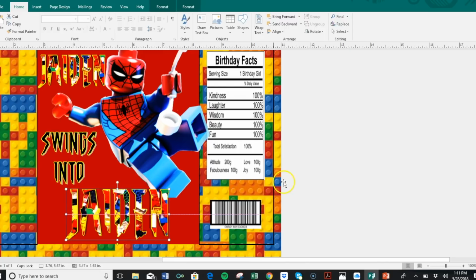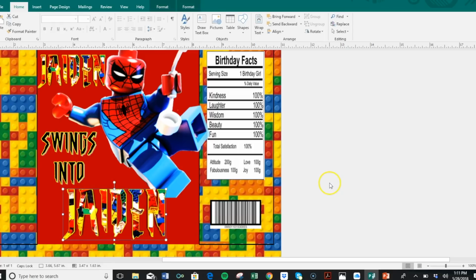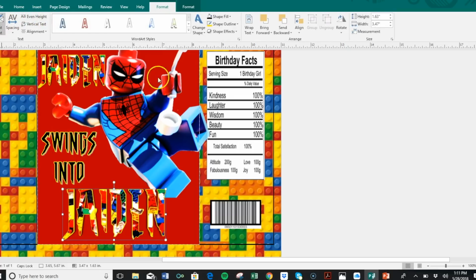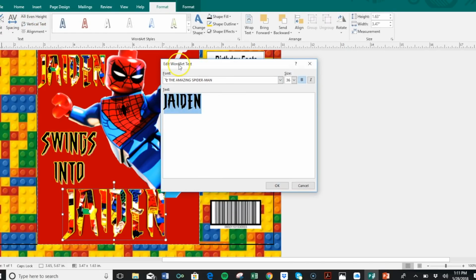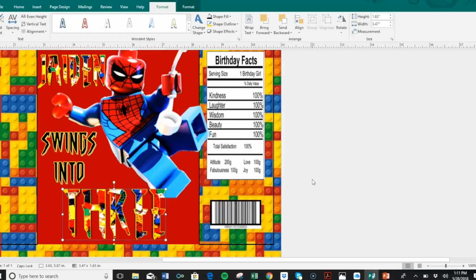And center it. So let's get it centered here. There we go. And I'm going to edit it. So I'm just going to go to Format, Edit Text. And I'm going to say 3. Some people might not like this because it seems like it's a little holes in it and stuff, but it's